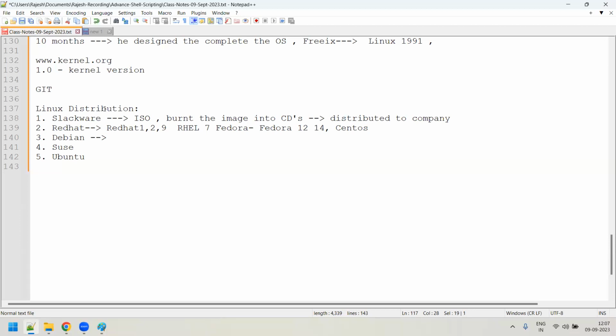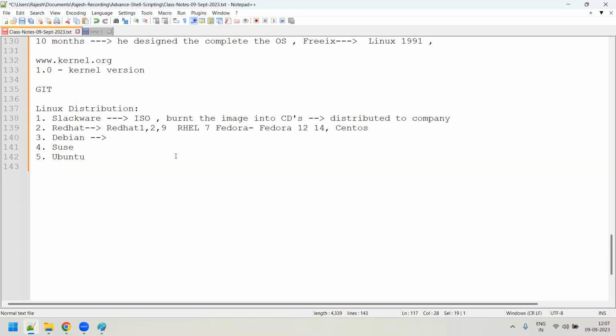And Linux is very much active, and it's a very big forum. A lot of people are involved in the development of the Linux operating system. A lot of new features keep coming up once every 6 months, and every 9 months new features are coming. A new kernel version is released by the kernel.org team. So like that, a lot of development activities are going on.